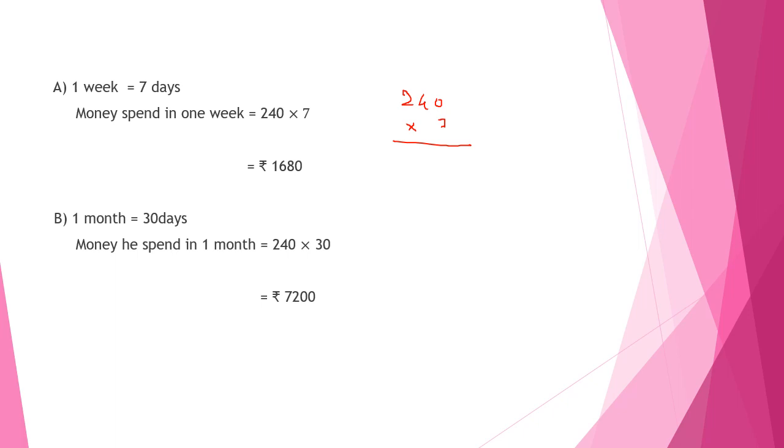Now we have to find how much money they spend in 1 month. So 1 month is already given as 30 days, we have to consider. So money spent in 1 month is equal to: 1 day 240 rupees they are spending, and 1 month is equal to 30 days. So multiply by 30. Okay, 24 threes are 72, and how many zeros left? 1, 2. We can do direct multiplication like this, or just multiply by your column method, that is 240 multiplied by 30.